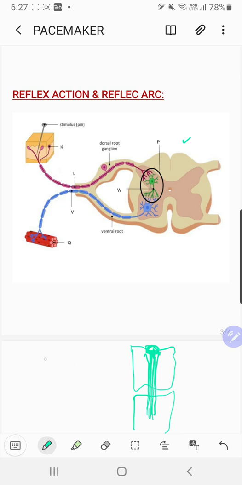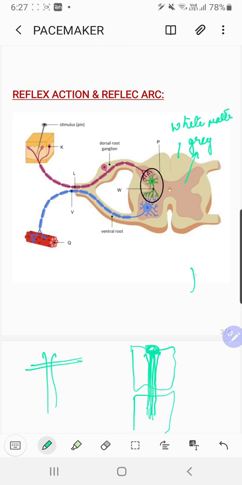right? When you take out the transverse section of the spinal cord, it appears somewhat like this, right? Here the arrangement is somewhat opposite from the brain, because in the brain you have the white matter inside the hollow portion and gray matter towards the outside area. Here the white matter is out, right, and gray matter is in.